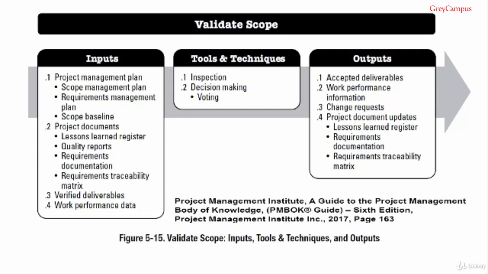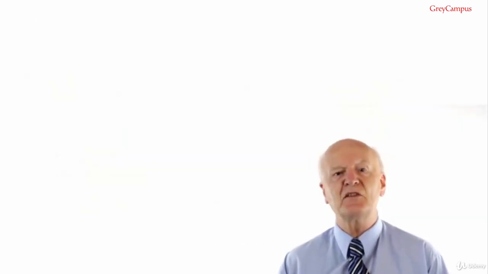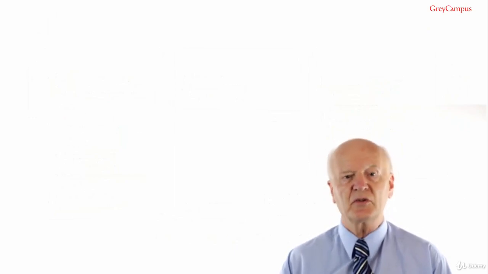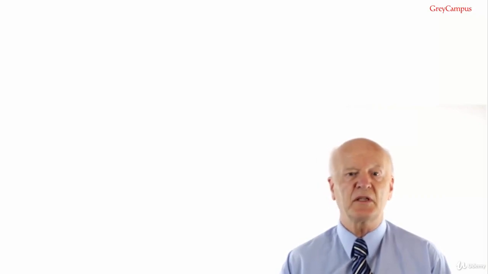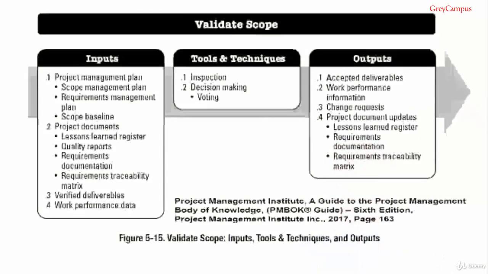The next one may seem a bit strange. Number three, verified deliverables. The reason that they are an input to this process, as I've said before, is that the process is intended to formally accept the deliverables, not to check their correctness, and so these verified deliverables have been checked in the control quality process. The final input is work performance data. This holds a record of the non-conformities connected with the deliverables, and this is used by the customer or the sponsor to decide if the deliverables can be